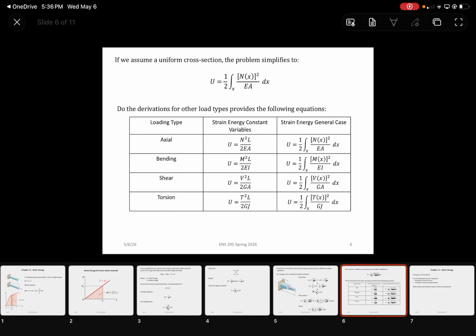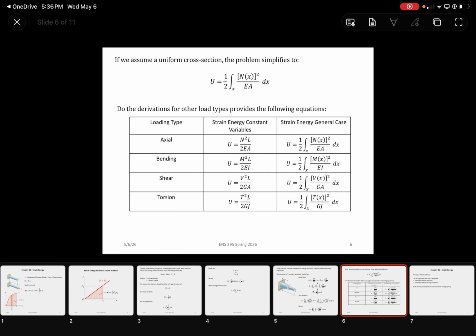We integrate that with respect to x, and we should ultimately be able to calculate the strain energy in the problem. Now we can do the derivation for many other types of problems, including bending, shear, and torque, and you would ultimately find that the equations are, again, just synonymous with one another. So for example,